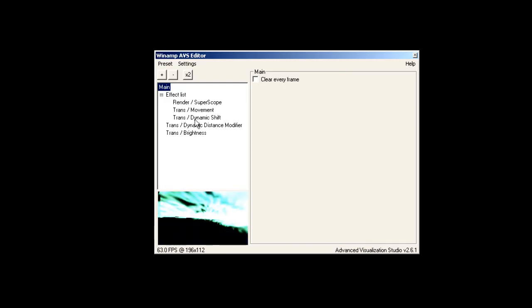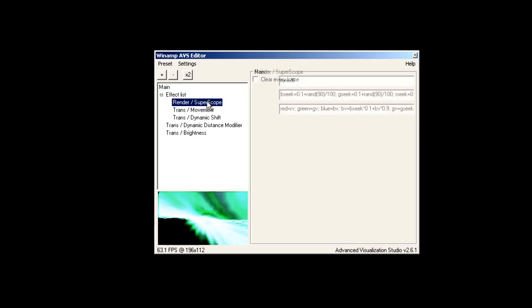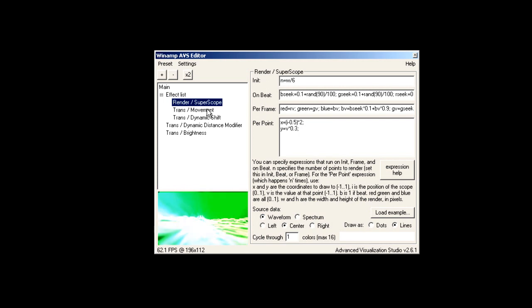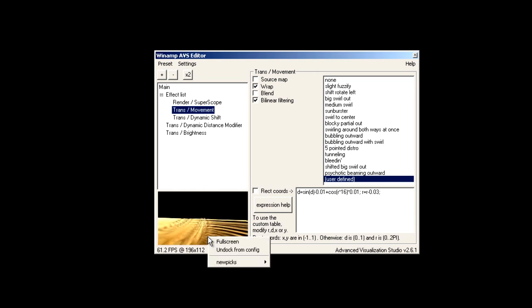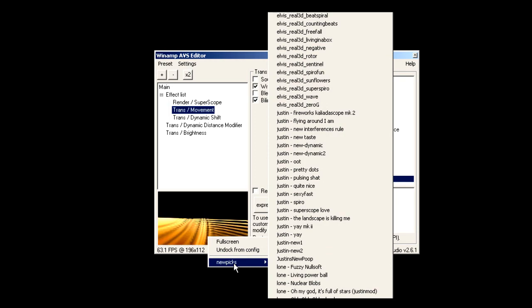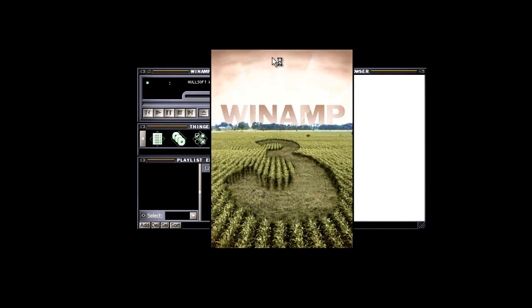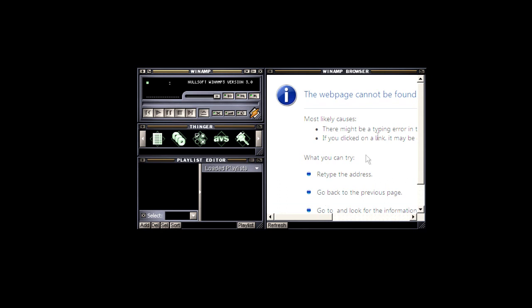Unlike many other visualization plugins, it allowed the user to create their own beat-synced animated graphics using a very simple graphical user interface, rather than having to program and compile their own plugins. It gave many people an introduction to the world of graphics programming, including the author of the famous Line Rider game. After a year and a half of alpha and beta releases, Winamp 3 was released on August 7, 2002